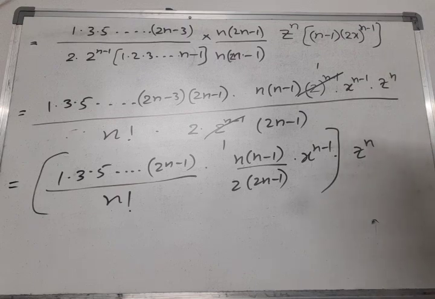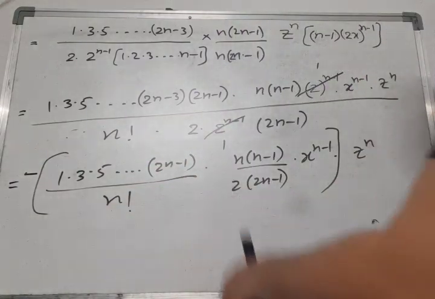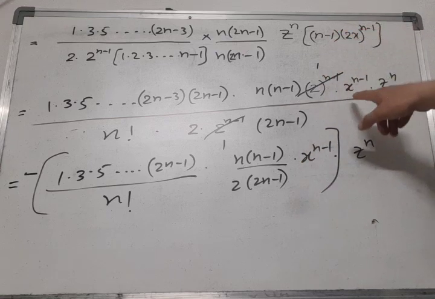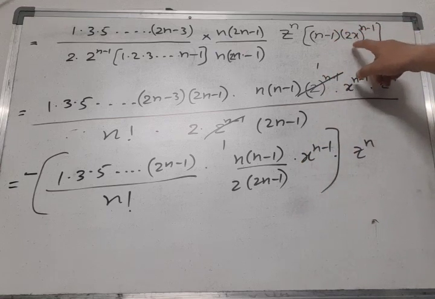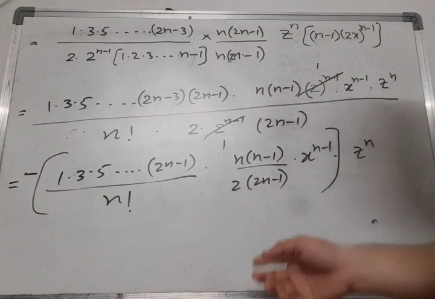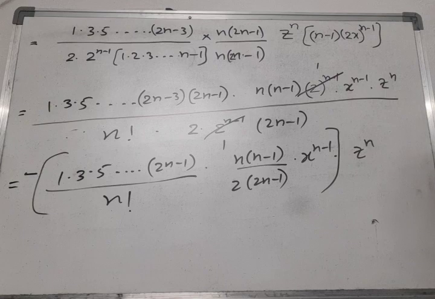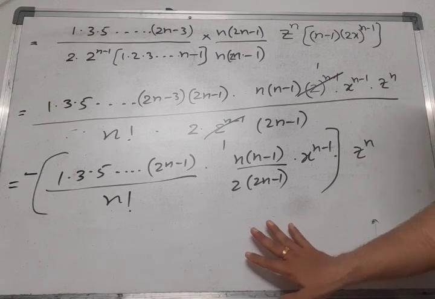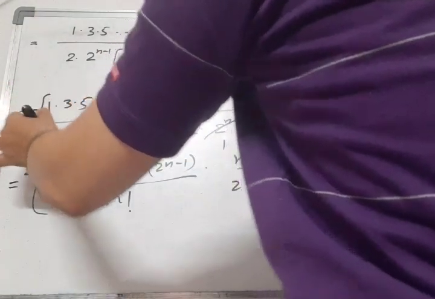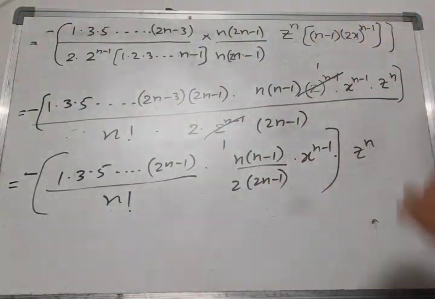We got here minus sign we got. Why we got minus sign means when I have expanded this 2x minus z I have expanded. Once you see there, whenever I expanded the 2x minus z, there we got the second term as minus. Okay, second term we will get as minus. So that minus you have to write before each and every term, right? So this term will be negative. This term will be negative. Okay, right?